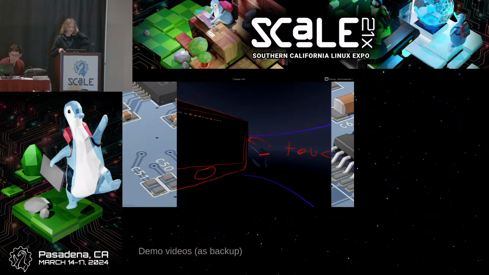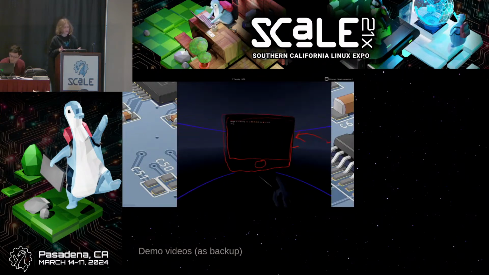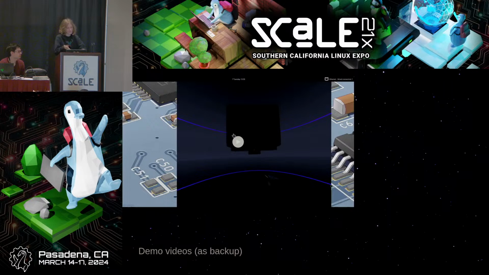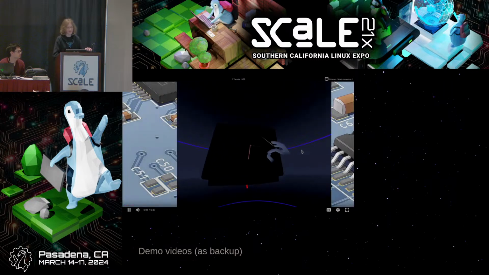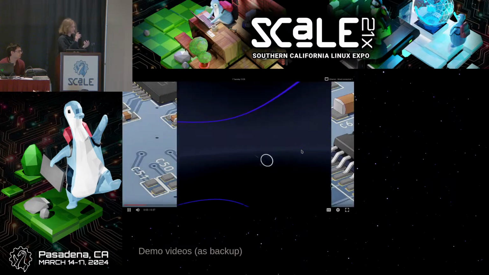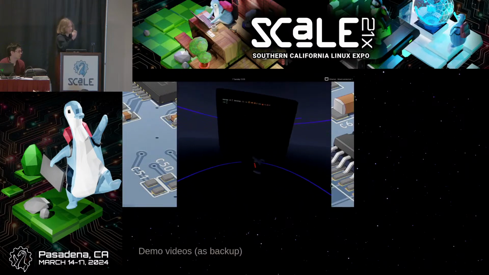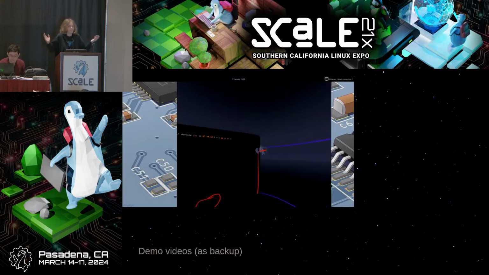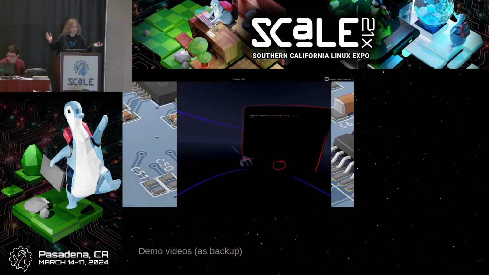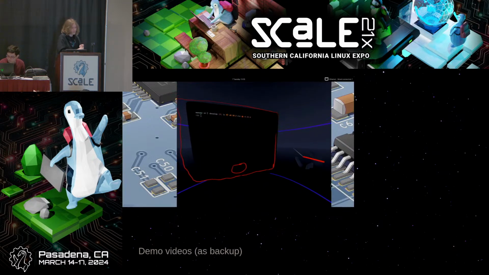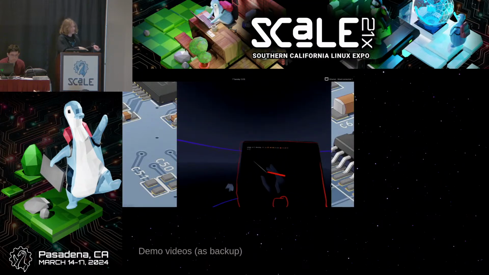Basically, an interface where, for context, this isn't actually possible in anything else. You can't just take a virtual pen and draw around all of your favorite windows in 3D space in literally any other standalone headset. The Quest can't do this, the Vision Pro can't do this. Of course, that's because they decide not to, but that's the beauty of open source.